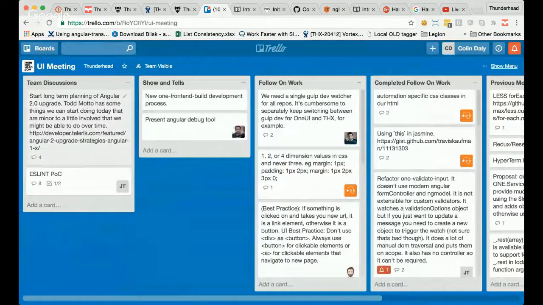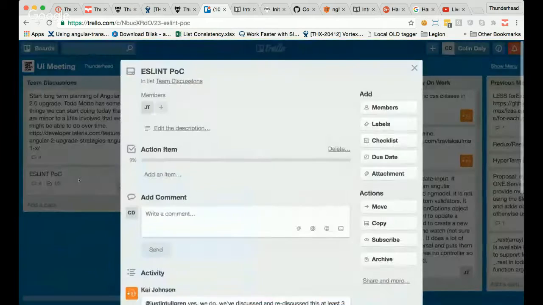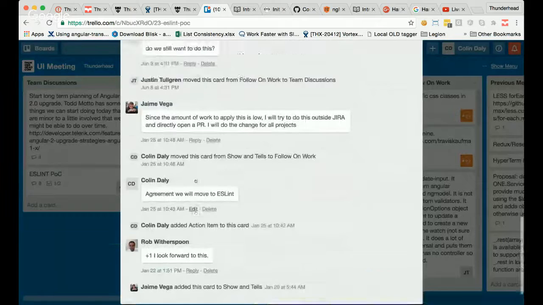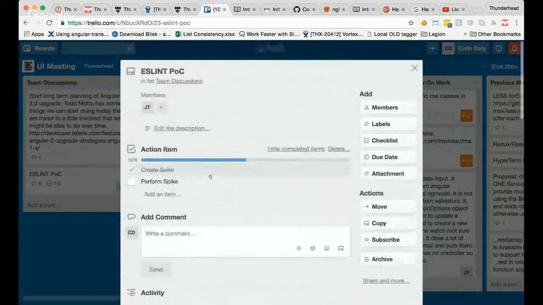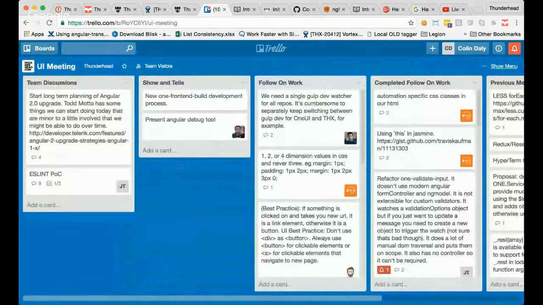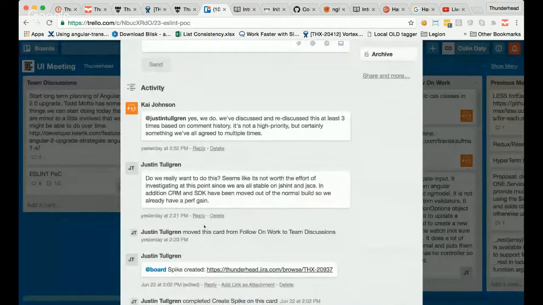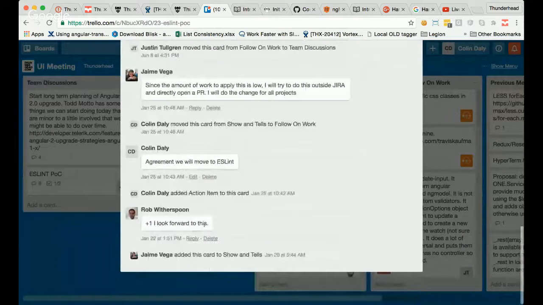So that's going to stay where it is. Yeah, I'm doing the ESLint POC right now. I got chastised, so I'm doing it. I gave him a hard time because if you look at the comments on that ticket, way down at the bottom, Justin asks, are we sure we want to do this?